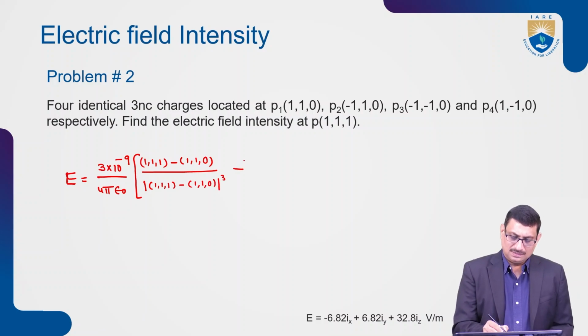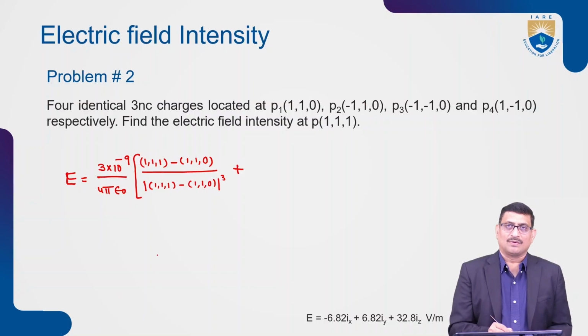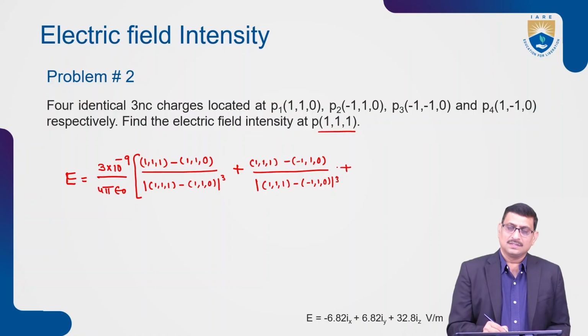plus due to the second charge located at (-1, 1, 0). Again, where we are interested to calculate, at (1, 1, 1) minus (-1, 1, 0) divided by the magnitude of (1, 1, 1) minus (-1, 1, 0) whole cube, plus due to the third charge, again at (1, 1, 1) minus (-1,